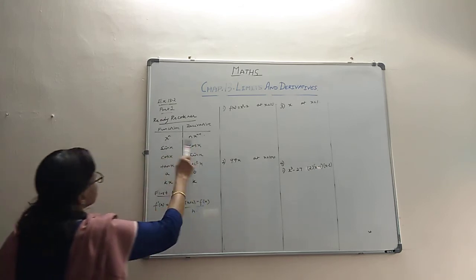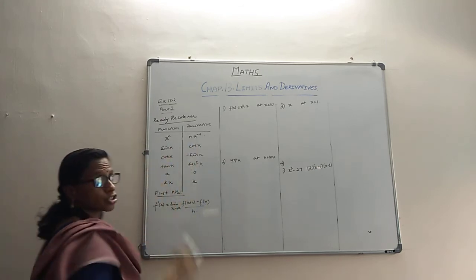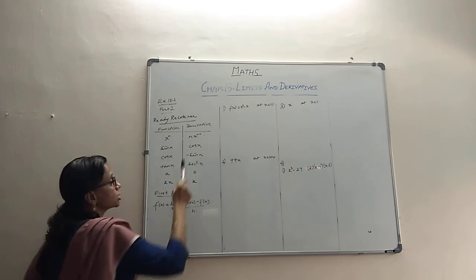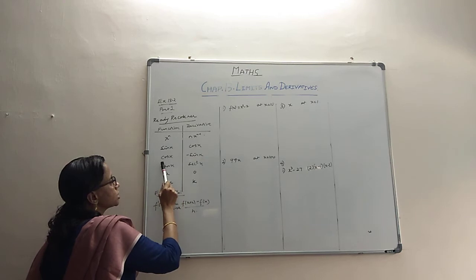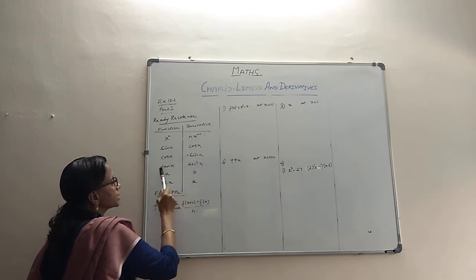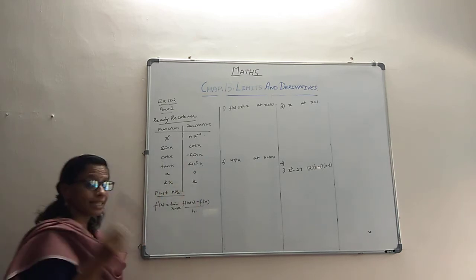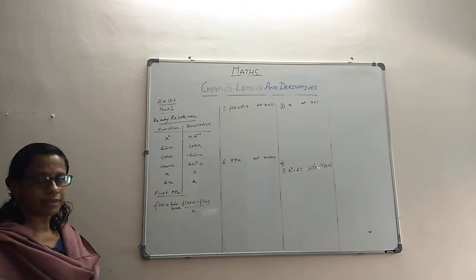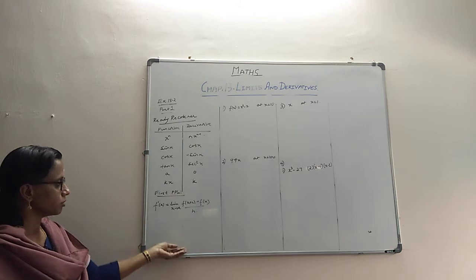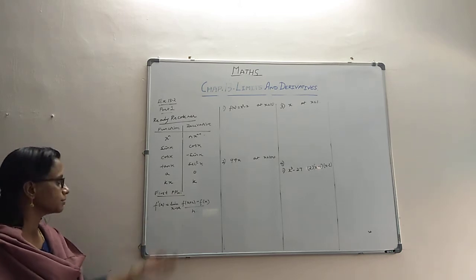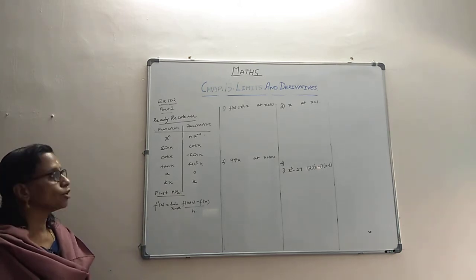Just look at the function and the derivative. Any function which is of the type x raised to n, a polynomial, has its derivative as nx raised to n minus 1. A sin x function has a derivative cos x. Cos x has a derivative minus sin x. Tan x has sec squared x. There are others also, so as time comes, I will introduce more. Maybe we'll keep this column like that. Whenever we want, we can introduce over here. And this is by first principle, whenever they ask us to.